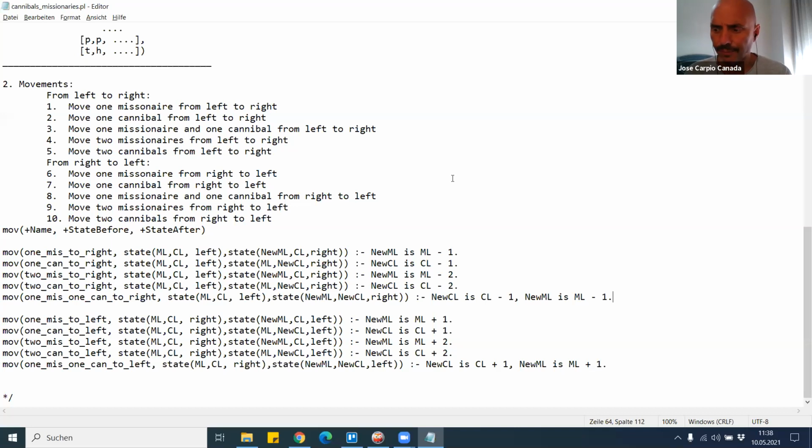Any question about that? Does everyone understand what we are doing here? It's okay? Perfect. Next one. Now we have movements. Next is, if we take here,